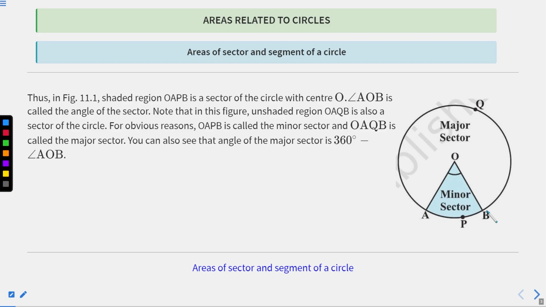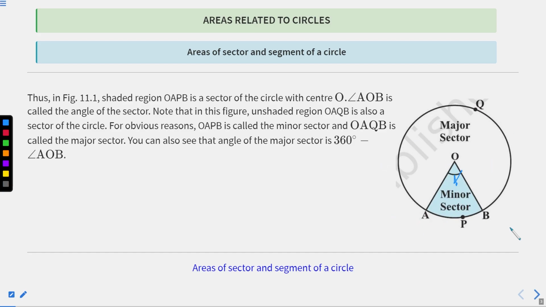Here the shaded region OAPB is a sector of the circle with center O, and the angle AOB is called the angle of the sector. Note in this figure the unshaded region